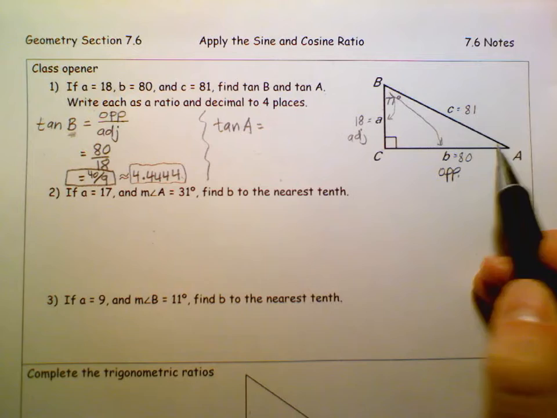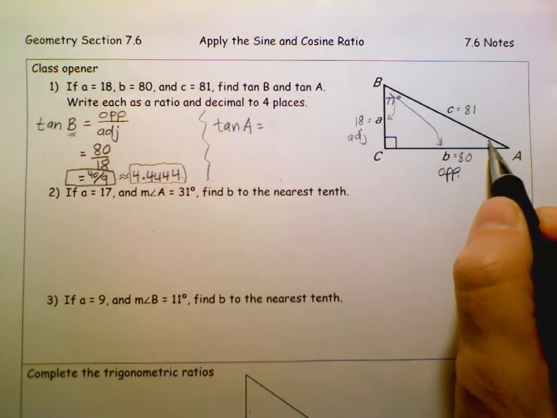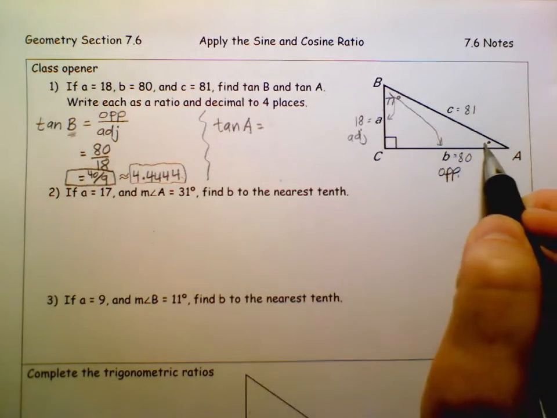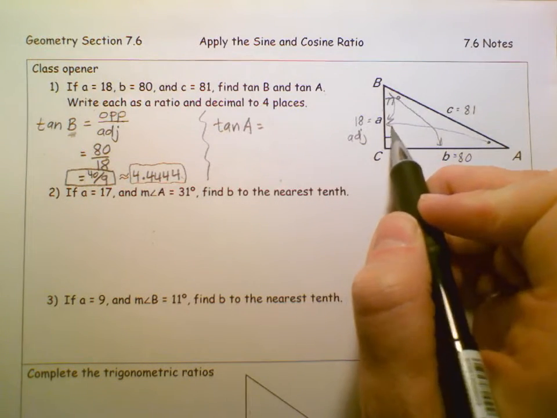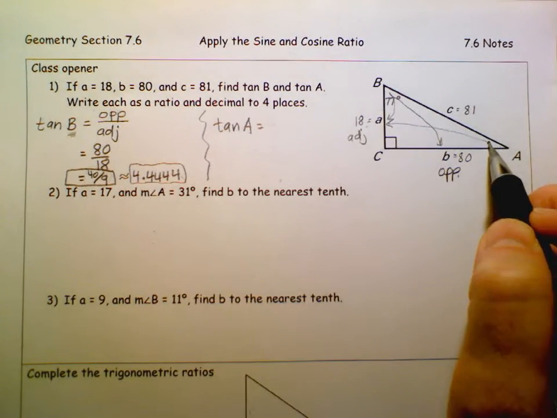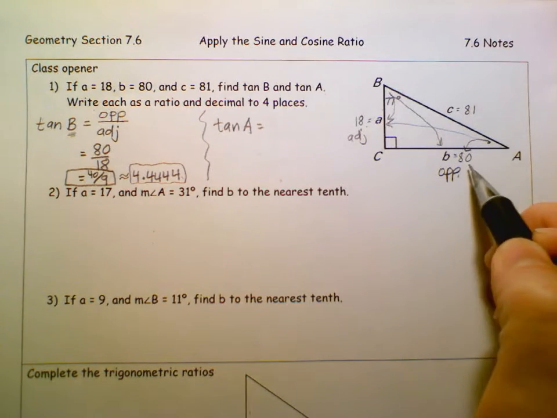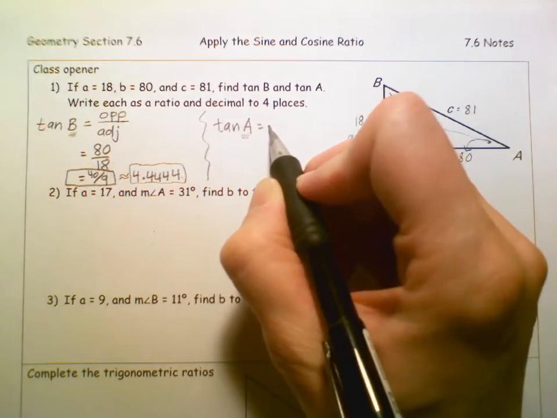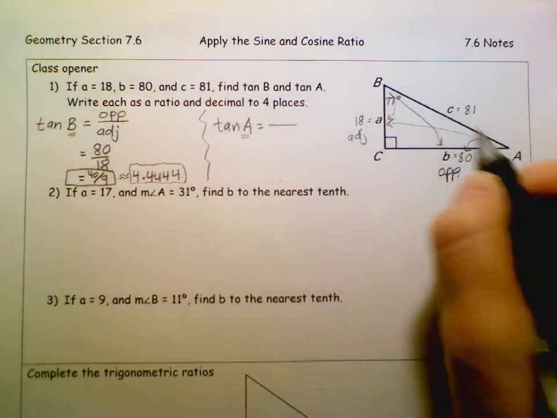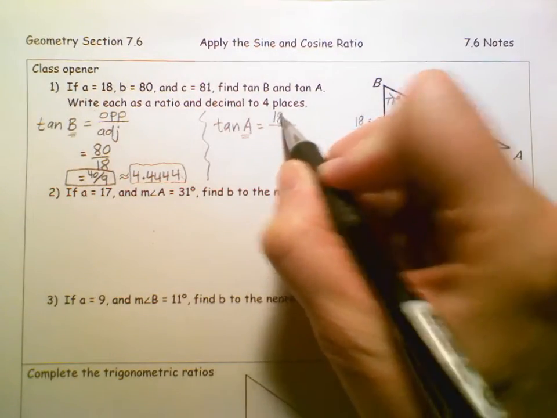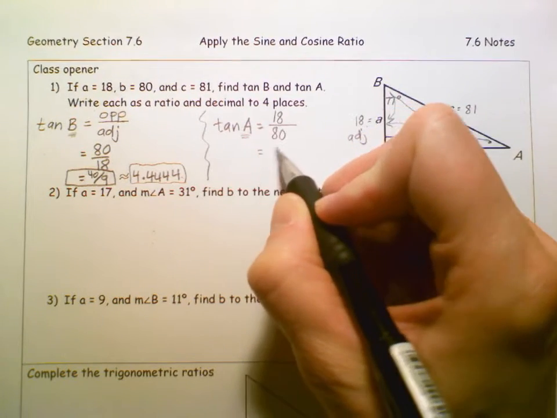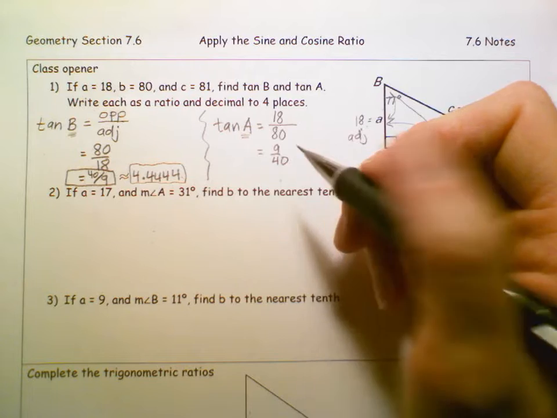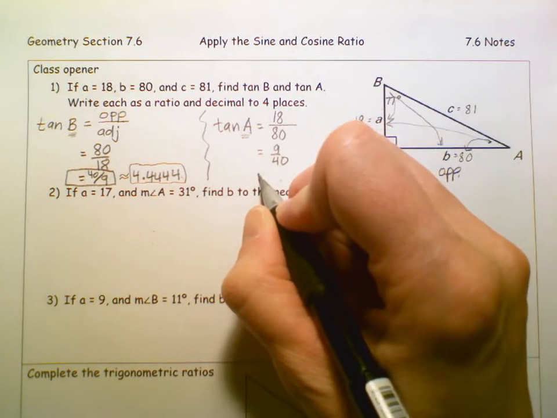I don't think I went over this on the B, but that means from A we're going to go opposite. So that's 18, and adjacent will be 80. You have to put your pencil here and then do the opposite and adjacent sides. So 18 over 80, which reduces to 9 over 40. When you divide those, you get